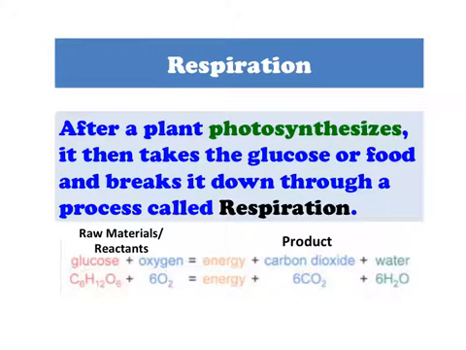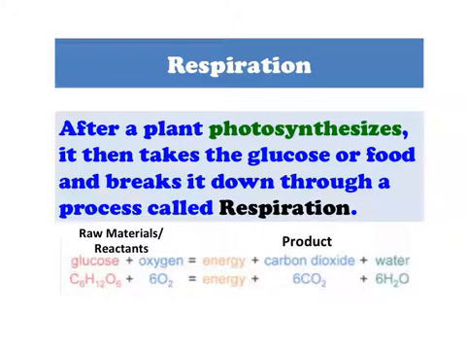So after photosynthesis, the plant takes that glucose or food and it's going to break it down through a process called respiration. Now you also respire. You use your lungs for respiration to breathe in the oxygen that plants give off and give off the carbon dioxide that plants need. So through cellular respiration in a plant, we've now taken that photosynthesis chemical reaction and we flipped it,